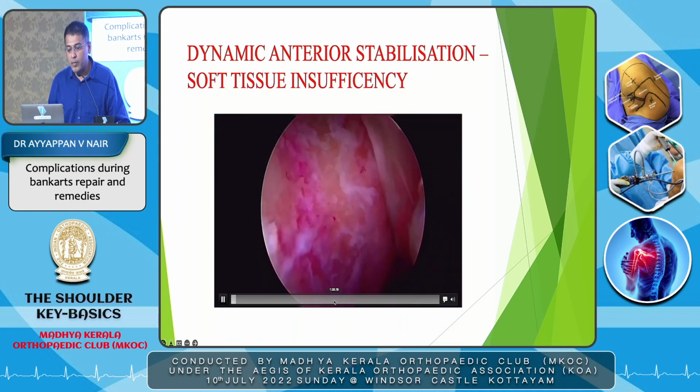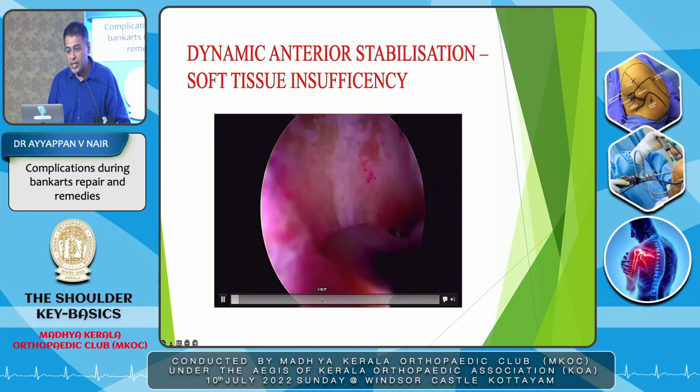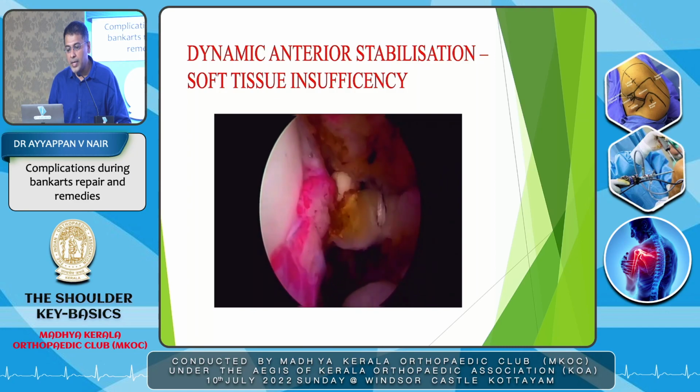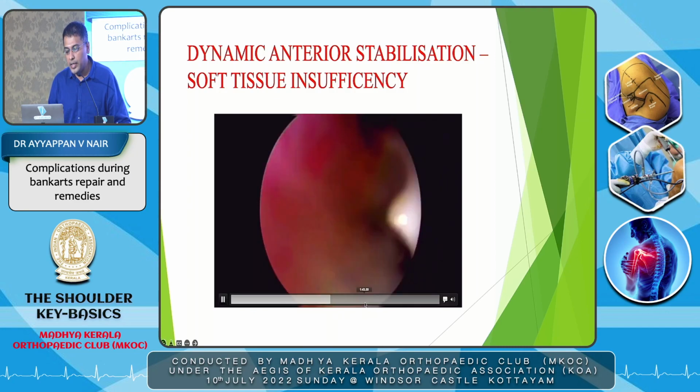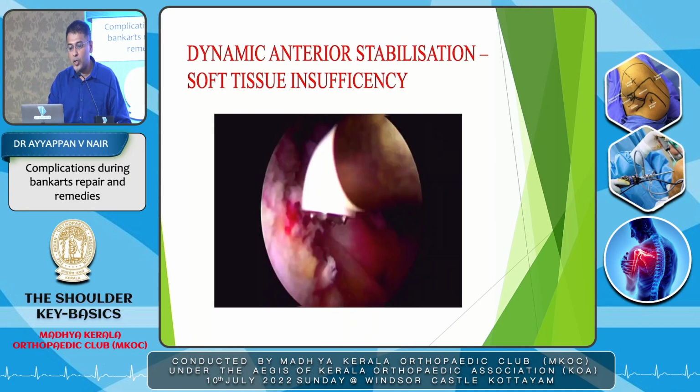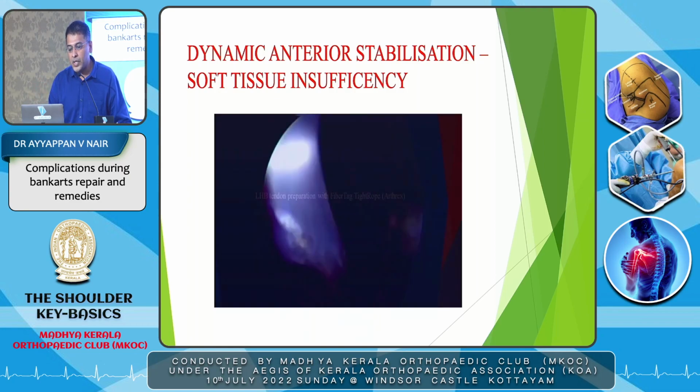This is a basic CME. I will not go into it. This technique is called the dynamic anterior stabilization, where this is the biceps, and I'm cutting the biceps, and I'm rerouting the biceps through a split in the subscap. That is the biceps in the subacromial space. I'm elevating it nicely,